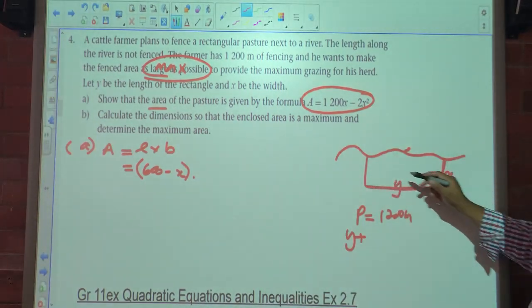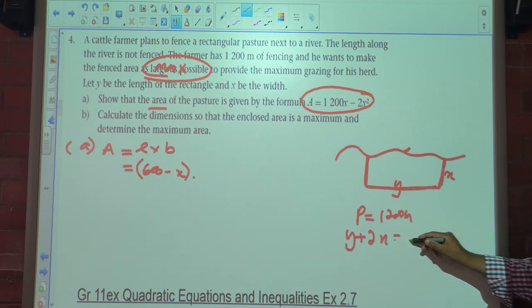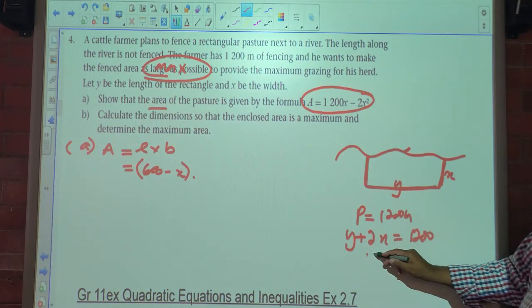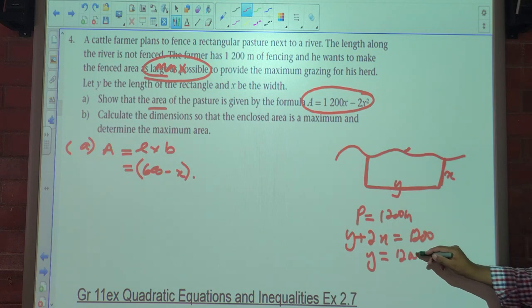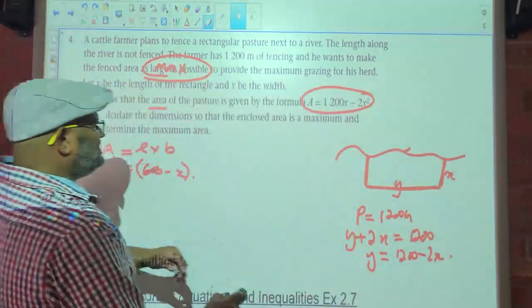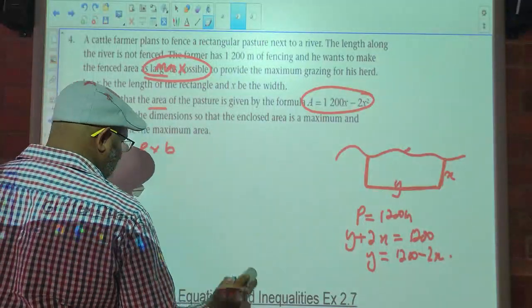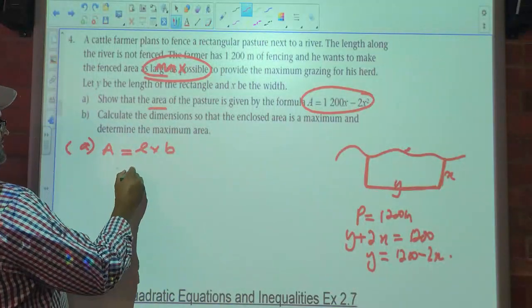There's y plus x, which is 2x, is equal to 1,200. So y is equal to 1,200 minus 2x. There we go. Now, I'm thinking, how is he going to get the 2x squared there? Okay. So it's going to be